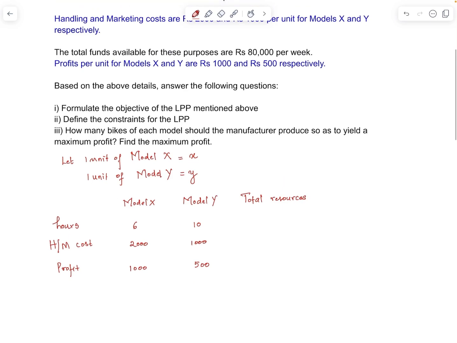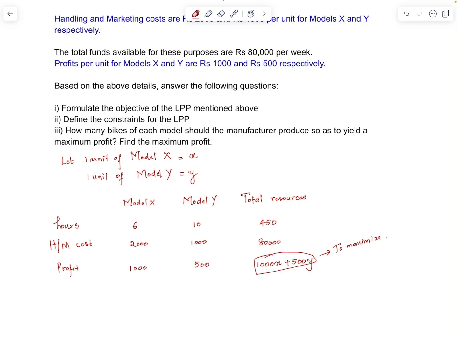A total of 450 man hours is available per week, and rupees 80,000 is the max allowance for handling and marketing costs. Combined profit is 1000x plus 500y. So our intention is to maximize this profit